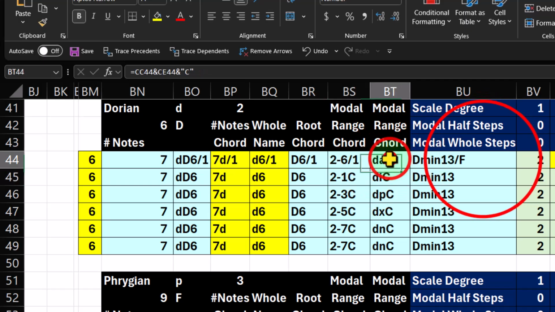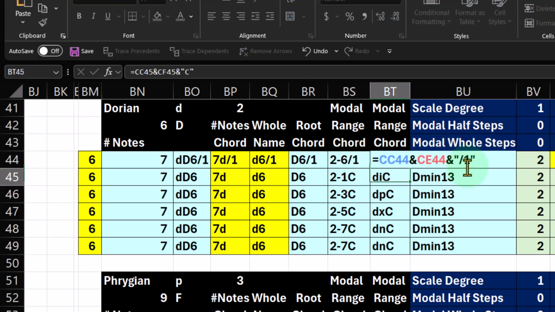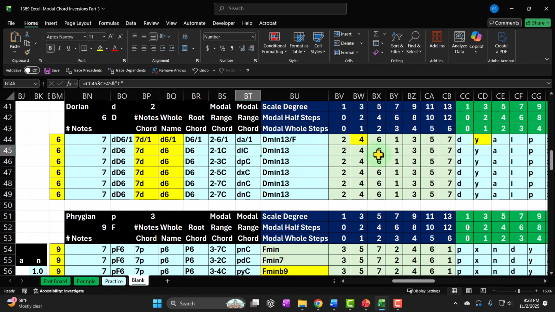Keep going. Next inversion. All right, that's what I feel like anyway. So we'll do the next one. So now I'm going to put another, we're going to do the second inversion, which means we're going to go 2 nodes up, which would be on node 6. So we'll make all these